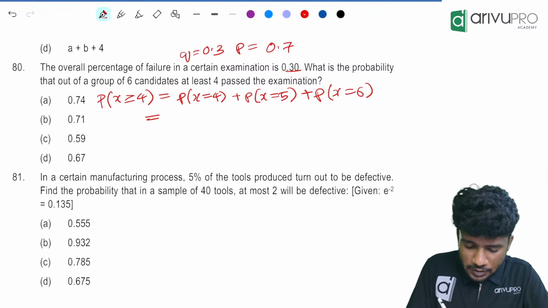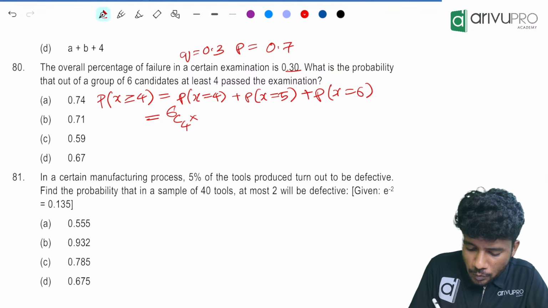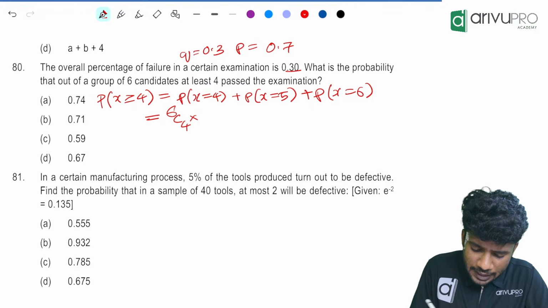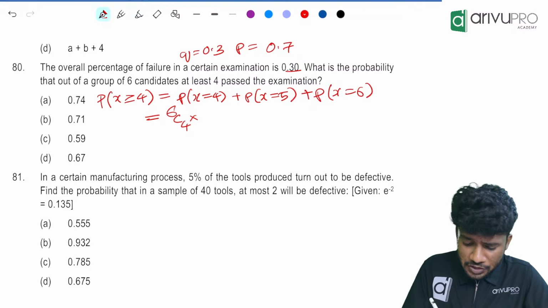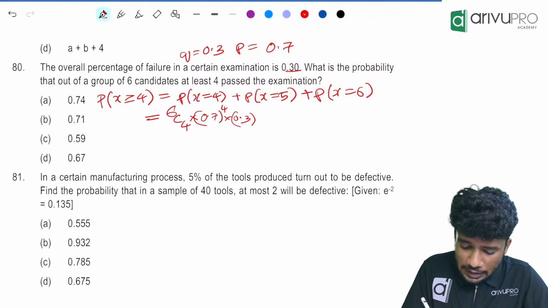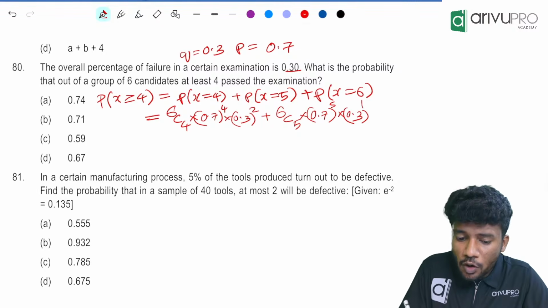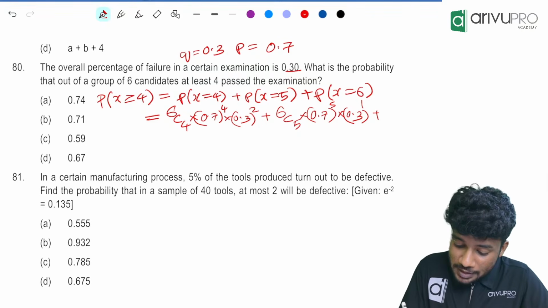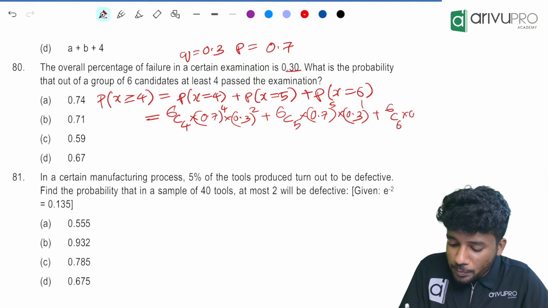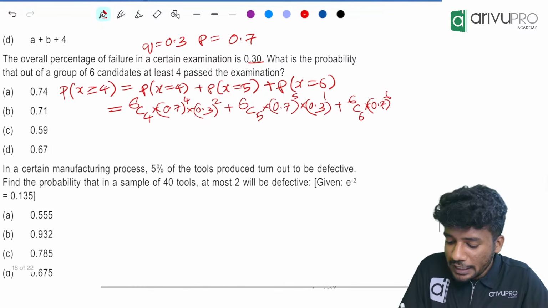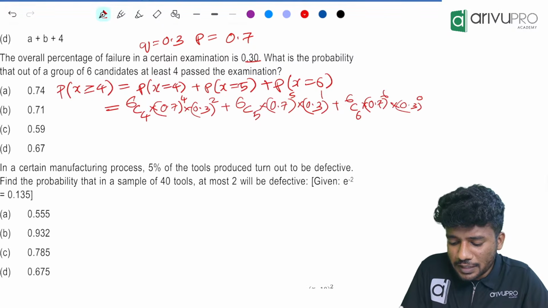So you can write it as 6C4 into P raised to 4, Q raised to 2. Instead of P, I can directly put the value, right? P is how much? 0.7. 0.7 raised to 4 into 0.3 raised to 2 plus 6C5 into 0.7 raised to 5 into 0.3 raised to 1, plus 6C6 into 0.7 raised to 6 into 0.3 raised to 0, that is nothing but